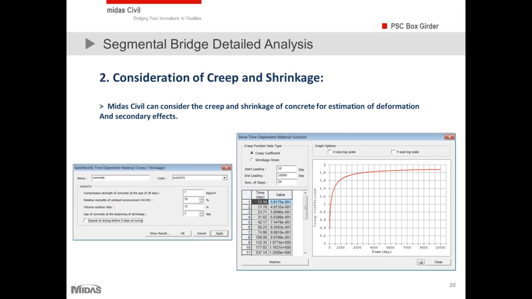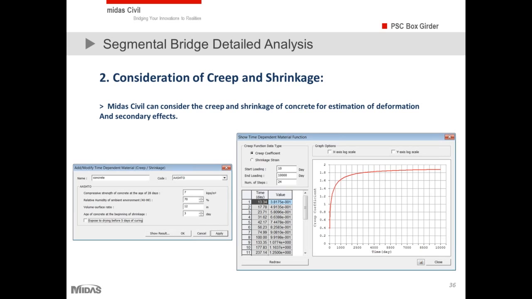So it's at your discretion whether you want to use the AASHTO standard or the CEB-FIP code to define the material properties. And this is how you can automatically do it. For defining the creep and shrinkage parameters, we have AASHTO, ACI, as well as CEB-FIP, the latest version as well as the older version. So whichever version you are comfortable with, you can use that version to define the creep and shrinkage parameters for